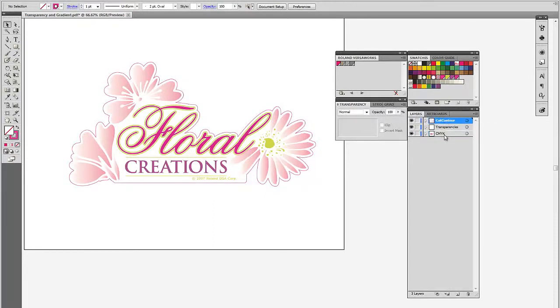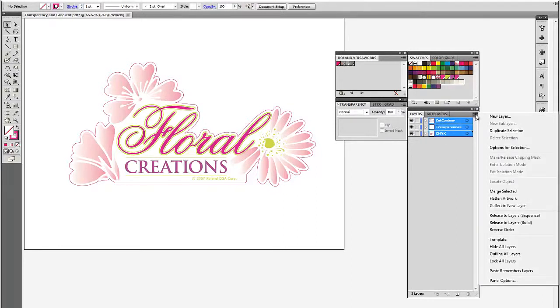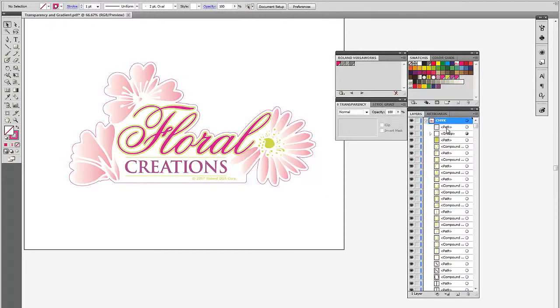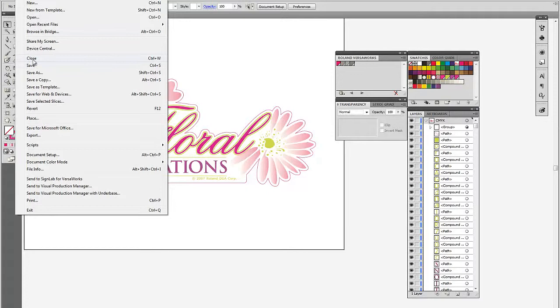Now, if we were to merge all of this information, so we'll merge the layer, all of this information now is in the same layer or level. You can also move the cut information within a layer. So if the cut information, for example, was below the transparency, which is unidentified here,